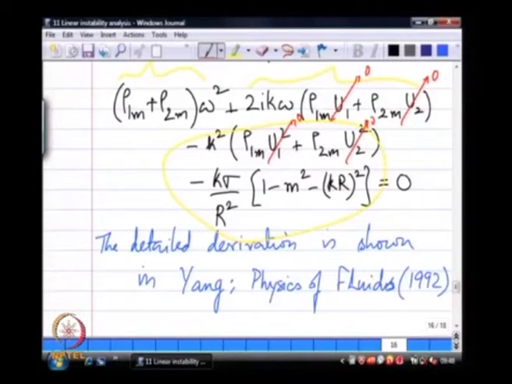What he found was that if I plot this omega as a function of kr, like I said, you will get something like that, and this kr at which you get the maximum growth rate, k is very nearly equal to 1. Which if I translate into the physical system, if k equal to 1, that means this wavelength lambda is equal to 2 pi.